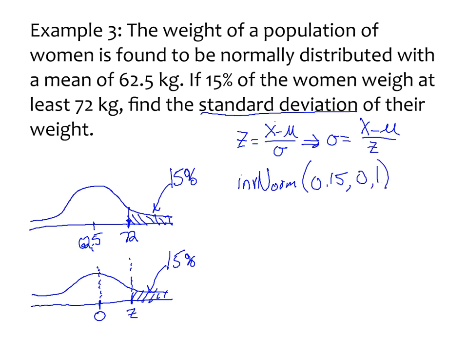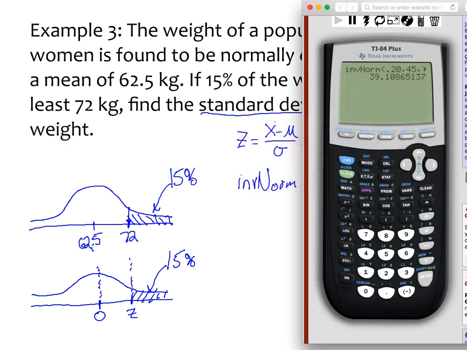Now, your calculator has convenience that if you are using the standard normal, you can just leave that off. I don't think it'll let me here, though, because the way I do it, it asks for that menu. But if you were typing it out, it would let you do that. So 0.15, mean of 0, standard deviation of 1,